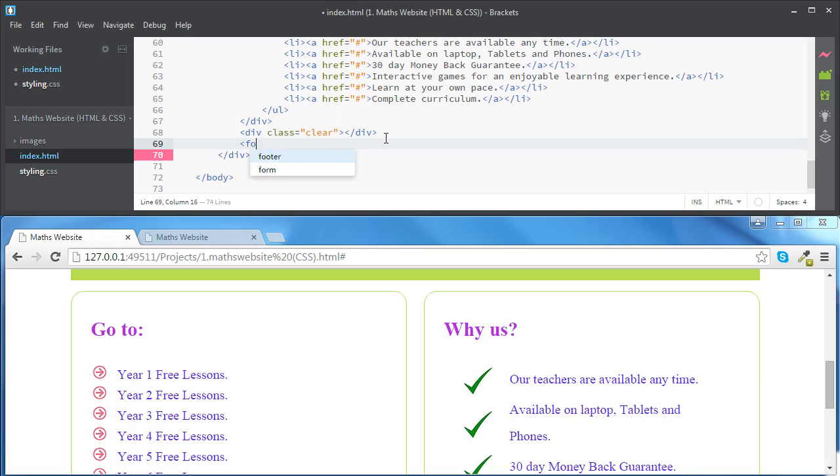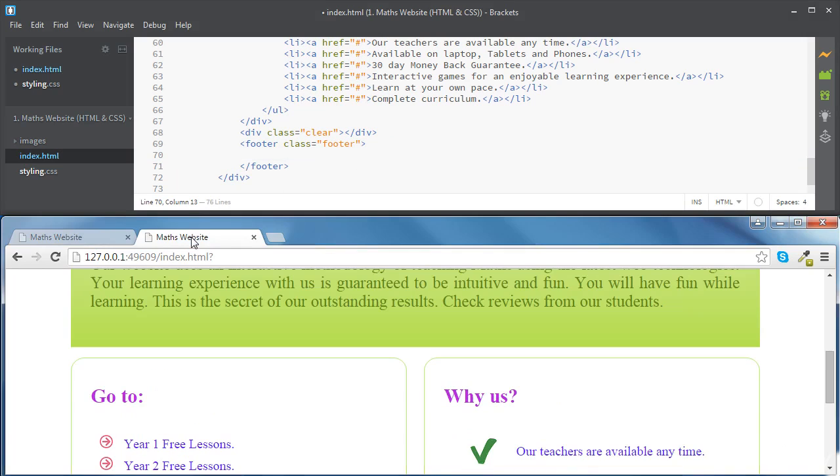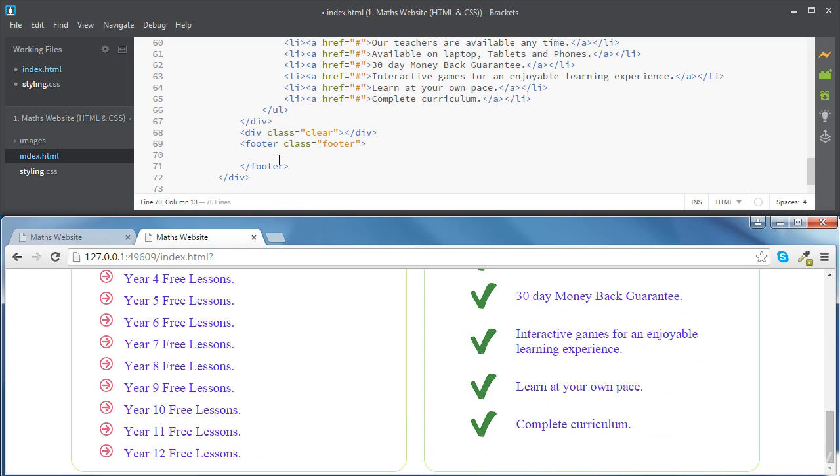So I'm going to use the footer tag for this, and we're going to give it a class footer that we're going to be styling in a bit. Inside the footer we are going to place a div. I can put a paragraph inside it where we're going to be writing some text. So, company name,